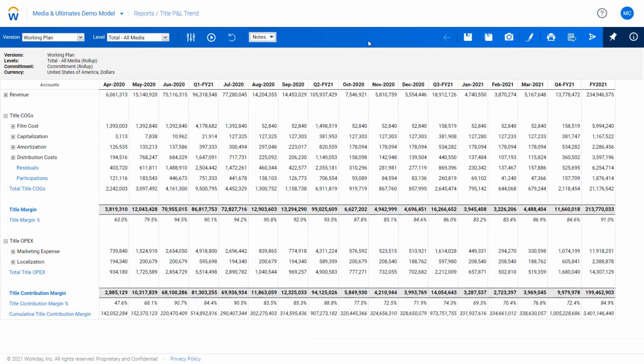With planning, business users can quickly and easily create as well as distribute reports to analyze the forecasted financials, ultimates and amortization, and profitability of your titles. On this P&L trend report, for example, we're looking at a monthly forecast out for the remainder of 2020 and